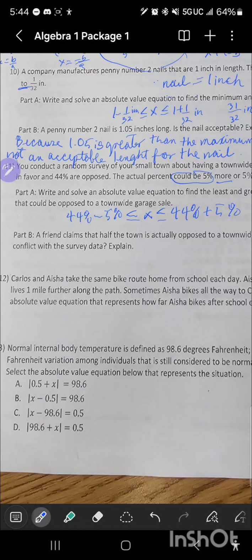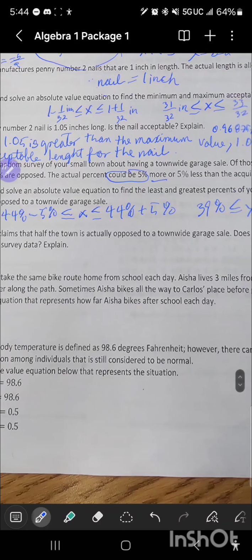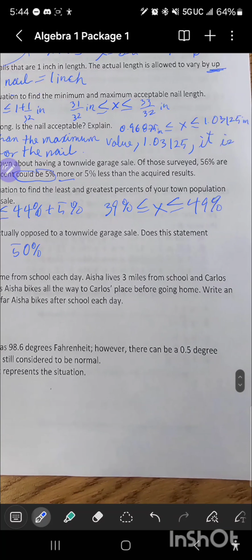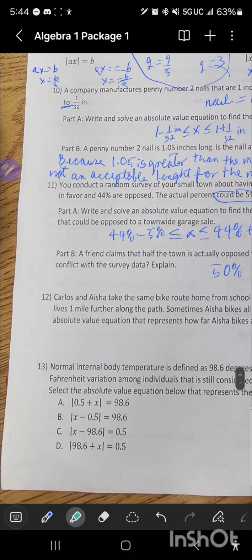Well, if you're saying that half of the town is opposed to the thing that you're surveying, which in this case is the town-wide garage sale, it will mean that 50% of the people are opposed. And in this case, we see that the maximum amount of people that are opposed to it is 49. So yes,